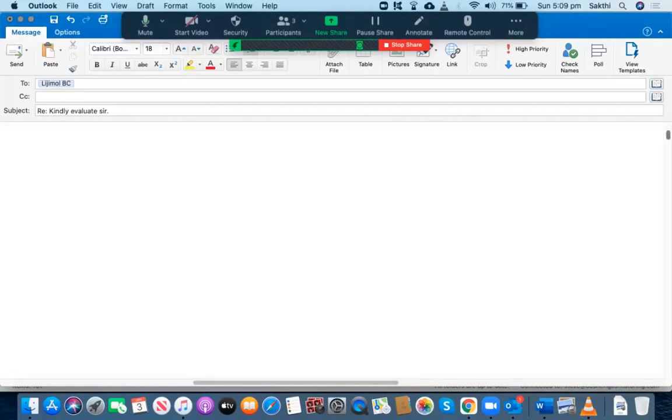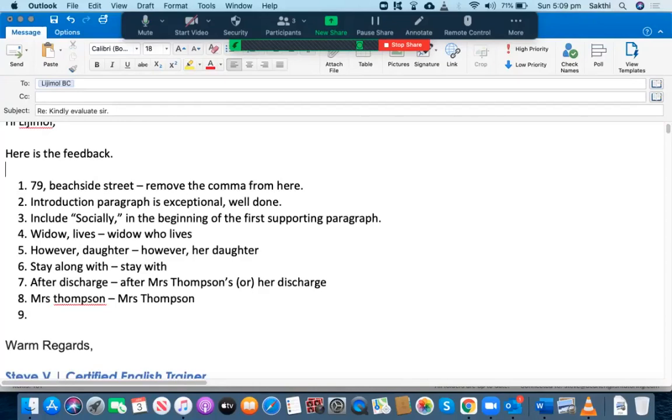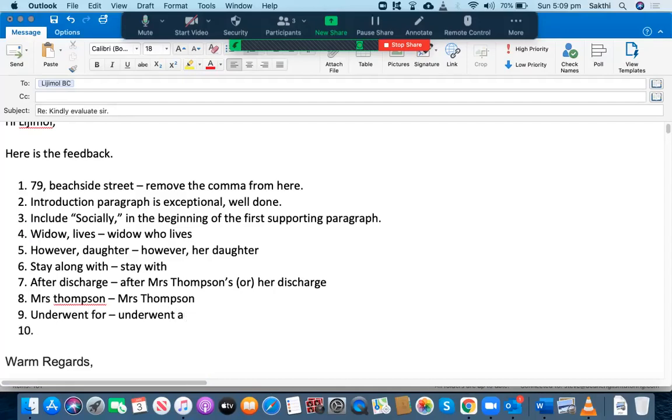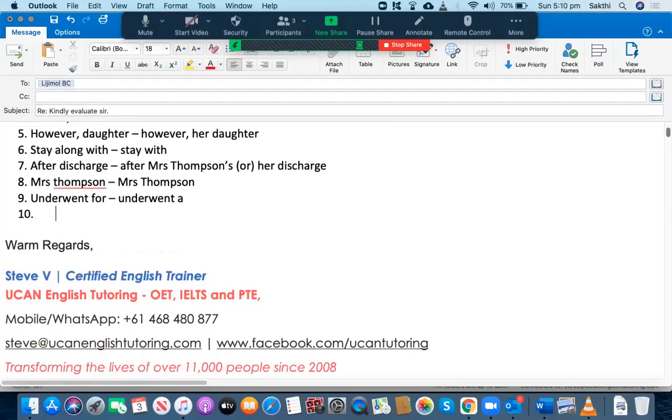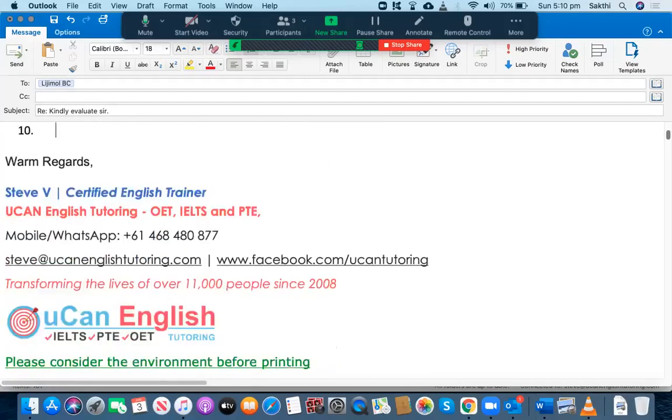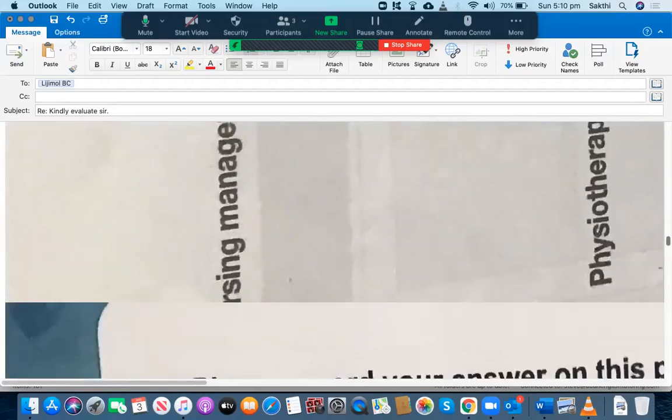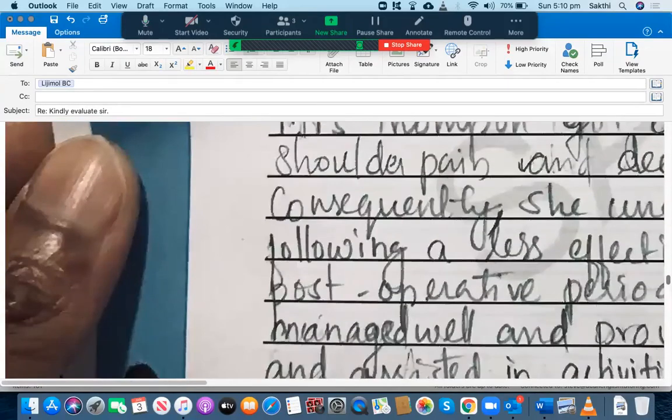Okay, and some are telling we should avoid repeating the diagnosis or the condition in the supporting paragraph. Is that right? Yes, that's right. You don't need to repeat the same words. You can use maybe the above mentioned symptoms or above mentioned problems or something like that. Similar problems and things like that. So you can use those kinds of words. So underwent for is wrong. Underwent the knee replacement surgery, whatever you have written is perfect.